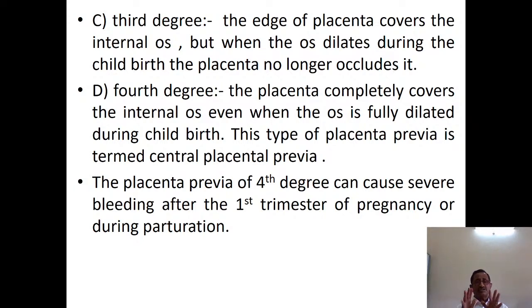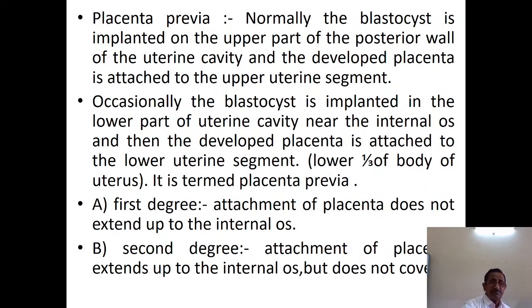So this last type, the fourth degree, wherein the placenta completely covers the internal os even when the os is fully dilated, can lead to severe bleeding either in the first trimester itself or during parturition. So we are having this placenta previa because of the attachment of the zygote in the lower part